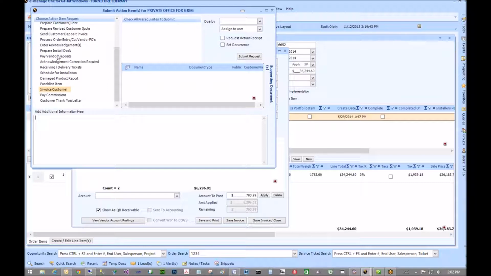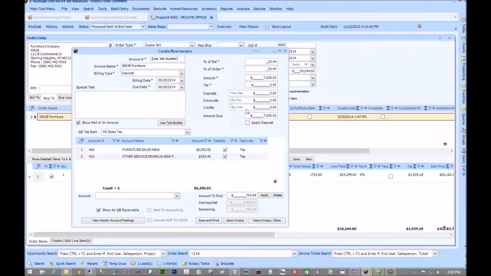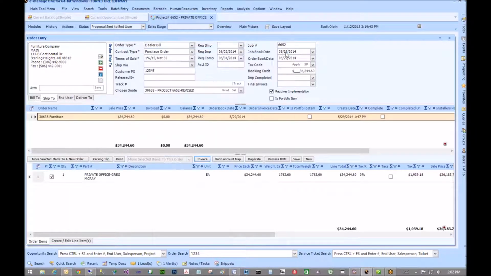So these action items, this is your workflow. Typically when a salesperson is going to get an order, they're going to create an action item to process order entry and cut vendor purchase orders. And you could change the wording on this if you want. And so then what happens is an action item comes in. So let me just close this out real quick. If an action item comes in,